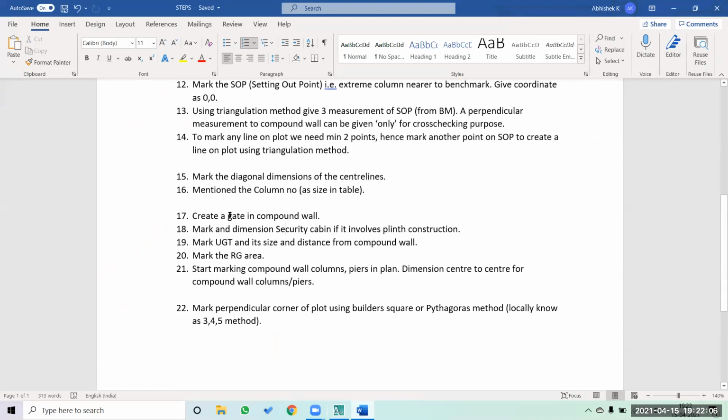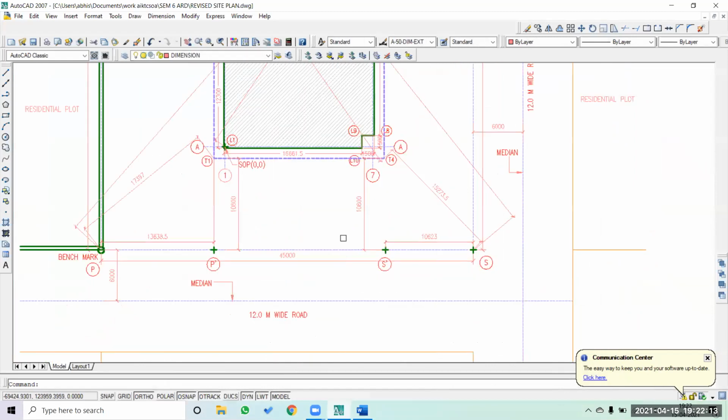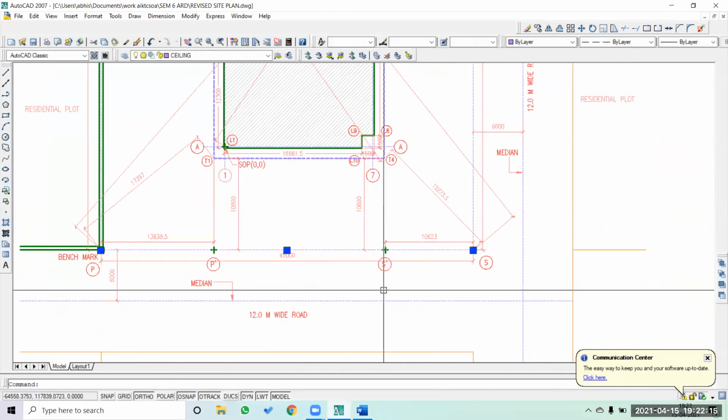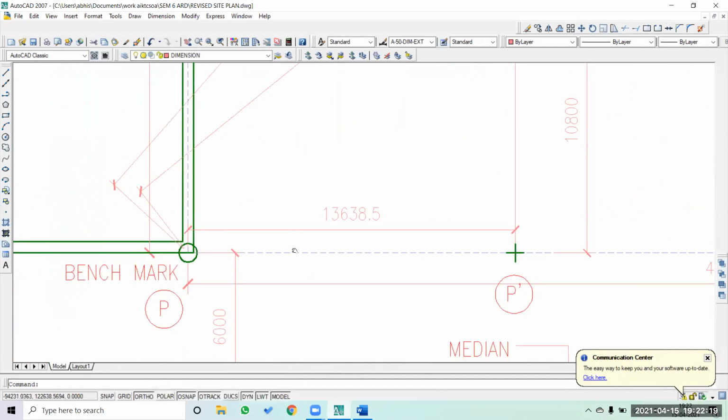Then mark a gate in the compound wall. Before starting with the compound wall, it's very important to understand that this particular line belongs to the road, so you cannot actually construct a compound wall.